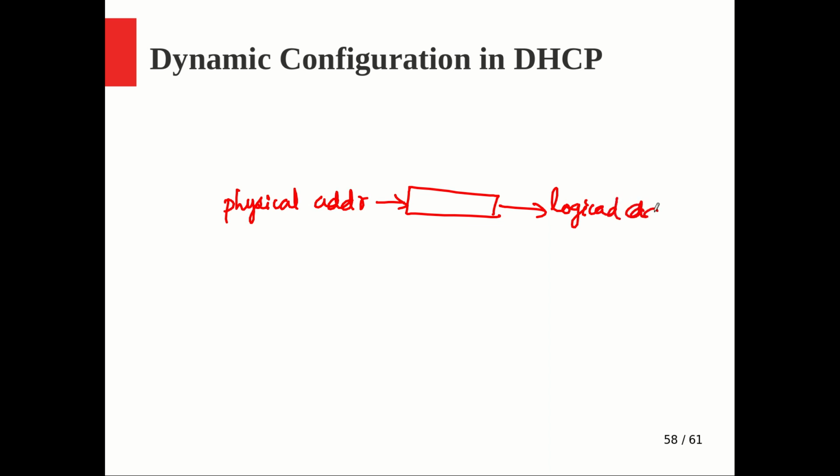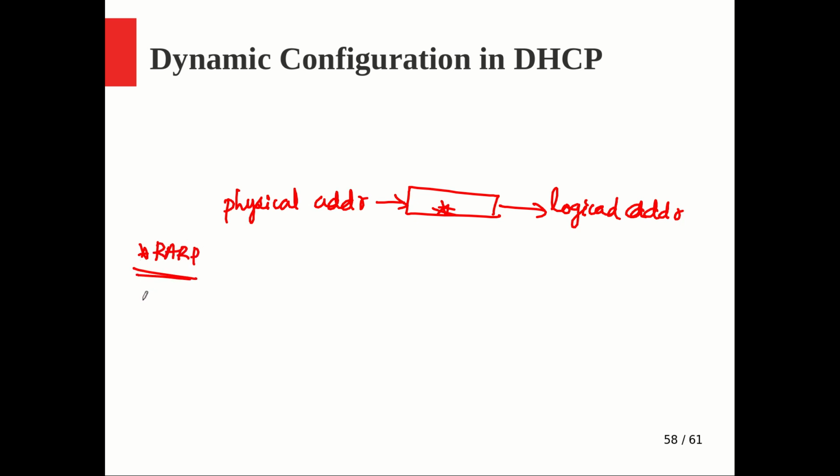Before that, let's see the overall topic of discussion, that is the physical address to logical address conversion, right? We will be giving the physical address of a given machine to someone, and he is supposed to do the logical address mapping. Physical address like the Ethernet address is 48-bit, and logical address is the 32-bit IP address. So who will do this mapping? The first protocol we saw for that purpose is the reverse ARP protocol.